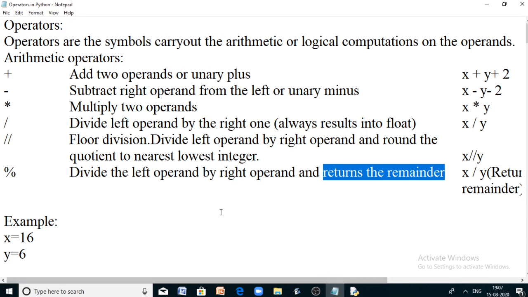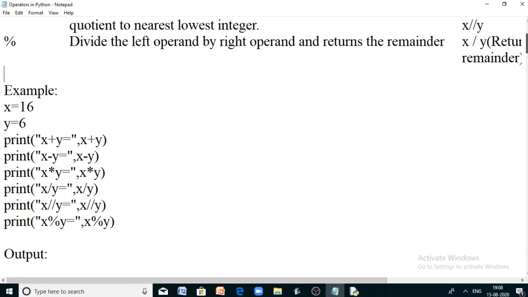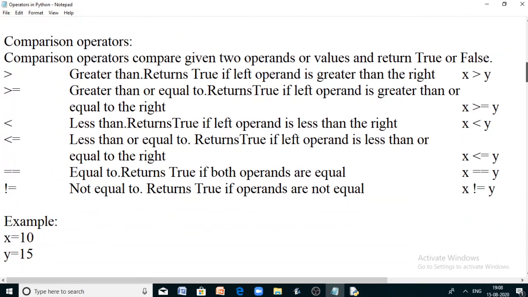So these are the arithmetic operators we have in Python: addition, subtraction, multiplication, single slash division, floor division and modulus division. Now let us move to the next type of operators, comparison operators.